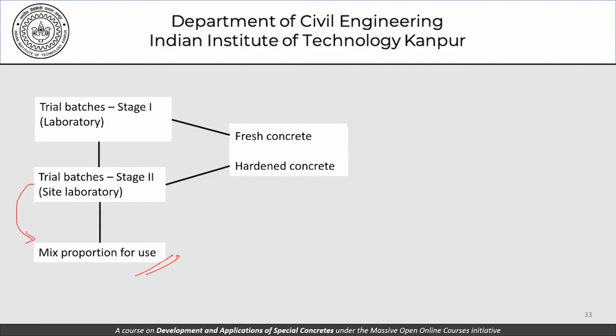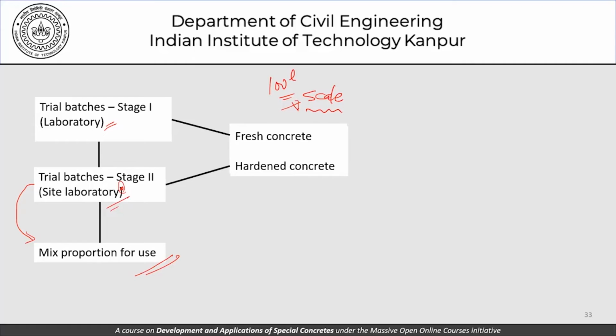Now, in the lab, the mixing is done more often than not by a 100-liter mixer. You know how it is done. Try to think of the laboratories which you have been in and see at what scale they work. And from the projects that I have shown you in this discussion, whether it was shotcrete, underwater concrete, or pavement quality concrete placement, the scale is completely different. That scale part is taken care of to some extent by ensuring that the lab tests are appropriately repeatable